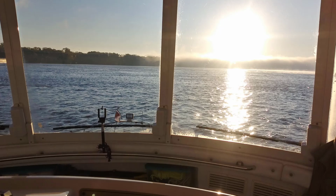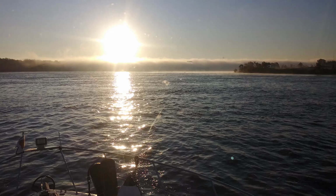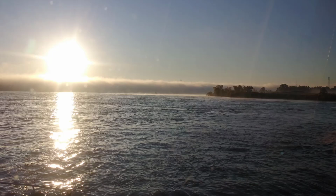Now, the one thing about leaving that channel is that we looked on the AIS to make sure that there were no barges coming down, because there's not a lot of room to maneuver. So our lead boat looked at it, I looked at it, and we were able to get out onto the Mississippi, and the current started taking us down. Beautiful, sunny day, for the most part, until...